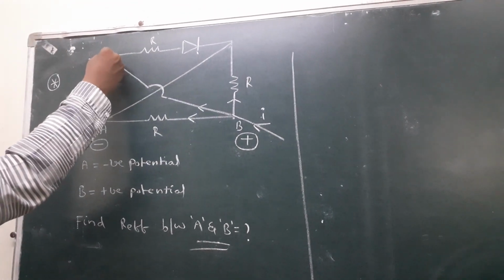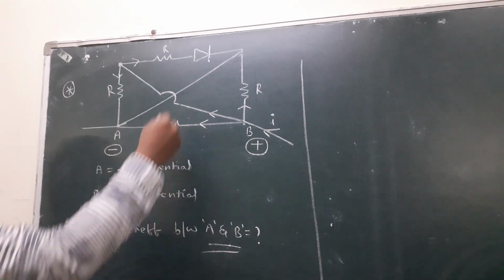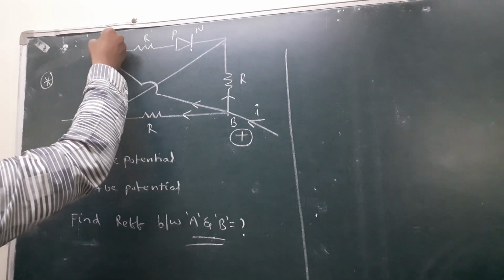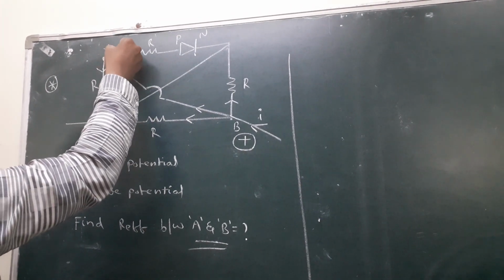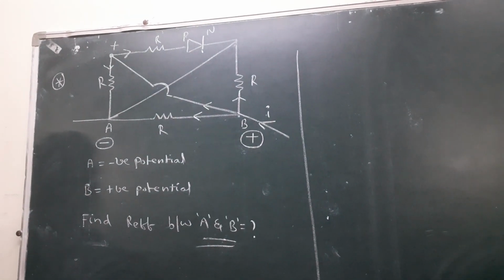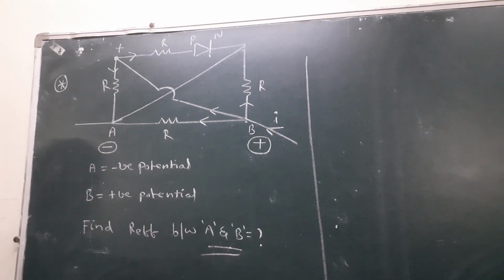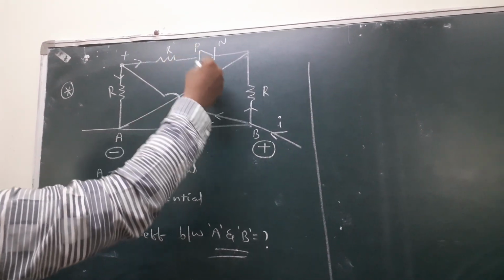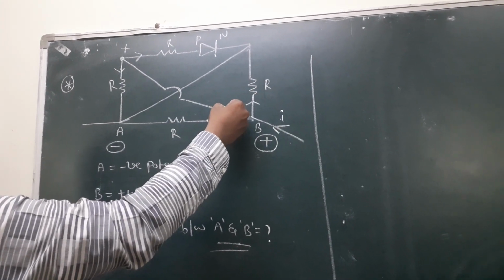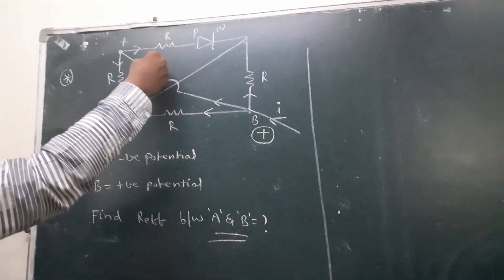At this point the current divides. According to this combination, P is connected, current flows plus, and this is the direction. P is connected to positive. That bias is a forward bias. Once again I repeat: this is the resistor, this is the conducting wire, so it is easy for the current to reach quickly.